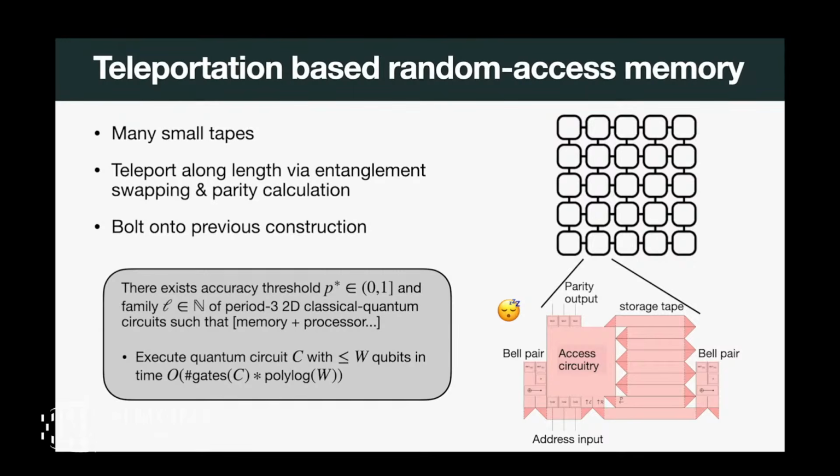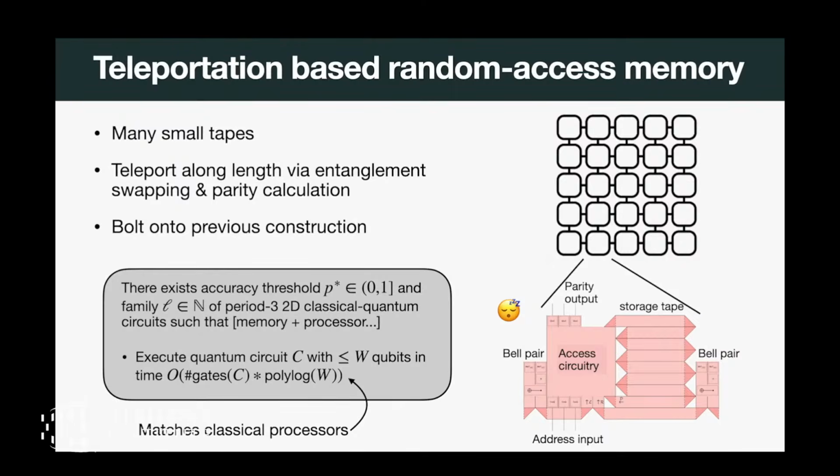Okay, great. So now we have essentially the same statement, except in this model, that time overhead got dropped dramatically. So now we're at polylog. We're in pretty good shape. In fact, to the extent that you can even assign an asymptotic scaling to a classical processor, this matches it.